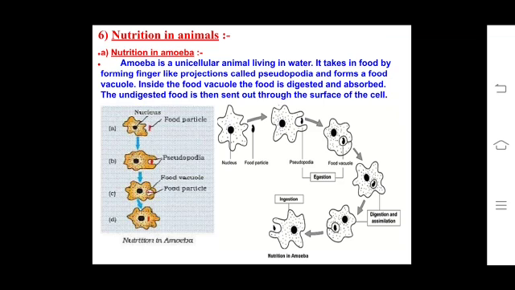So now heterotrophic nutrition. We will start with heterotrophic nutrition. Heterotrophic nutrition, already discussed, is dependent on other organisms directly or indirectly. That is heterotrophic nutrition. So for heterotrophic nutrition, an organism has to struggle, or it has to do some activity to get that